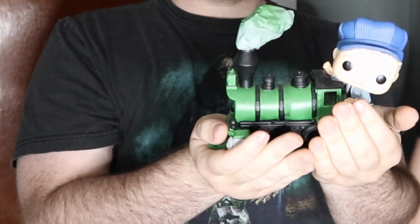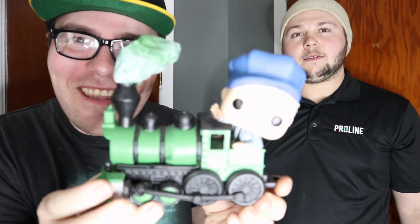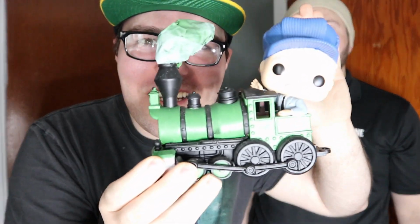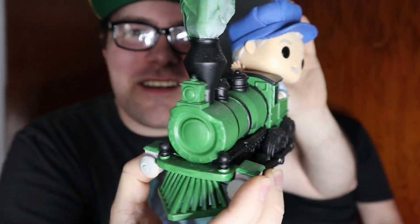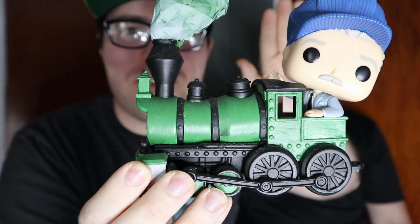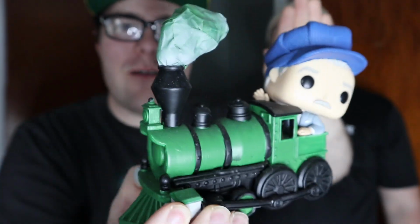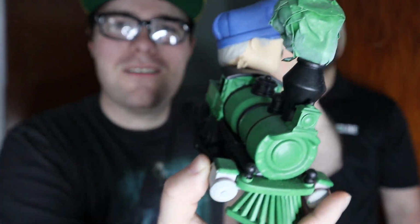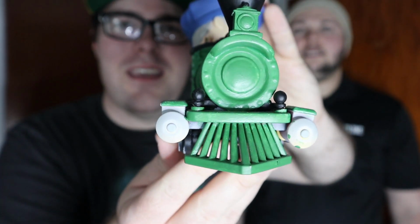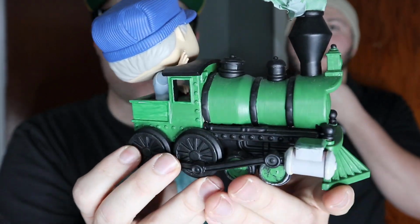All right, so let's see what this looks like. Ooh, all right. Look at that. Let's see if I can focus in. I mean, MD's face is pretty, there we go. Ooh, that green is really nice on there. You kept the black, I noticed, and especially obviously the black on the train wheels there. You won't have to paint the smoke, obviously, because it's already the color of smoke. That's what I was talking about, yeah. So, boom. Yeah, that's pretty sweet. Other than, yeah, basically the Go logo is probably...